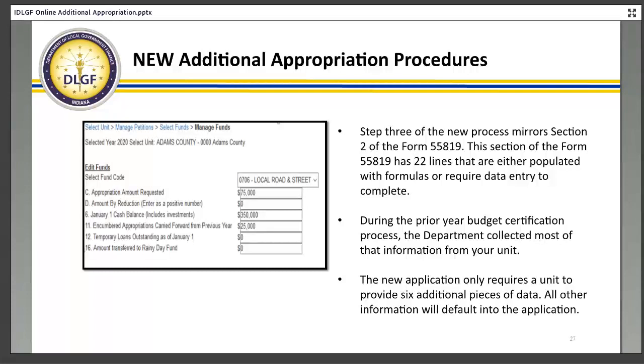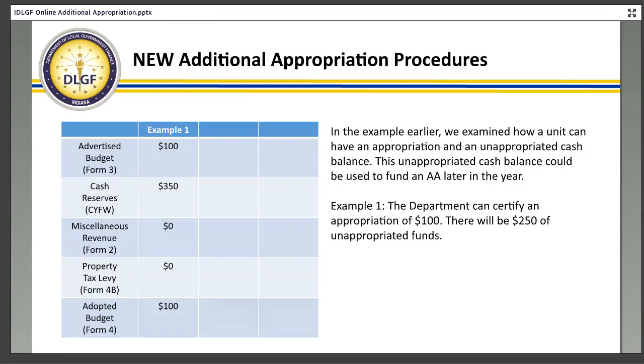The other 16 lines the department will have staged for you and waiting for you as soon as you begin your additional appropriation process for that fund. Now, if the department is going to stage that information, there are 2 specific lines from the certified copy that we should discuss. The first one